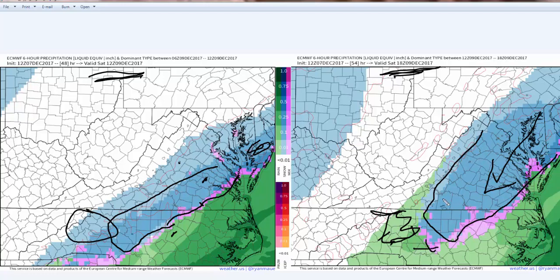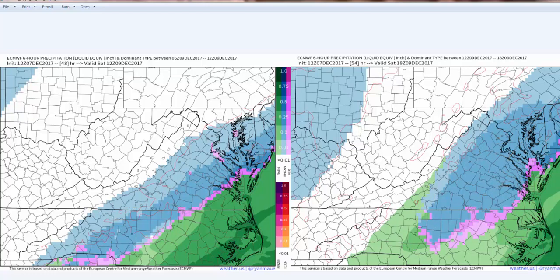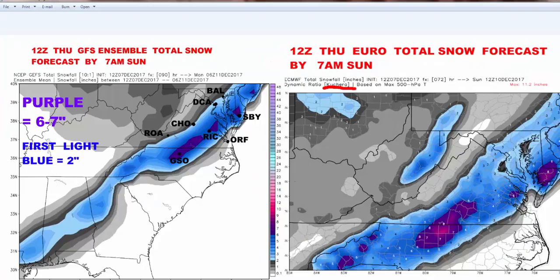Notice on Hampton Roads, it's still almost completely all rain. Now that's an important feature. Again, the temperatures are going to be important to this whole situation when the precipitation comes down heavy. If for any reason, folks, these models are busted and the precipitation doesn't come down that heavy, snow amounts are going to be way off. Just to let you know.